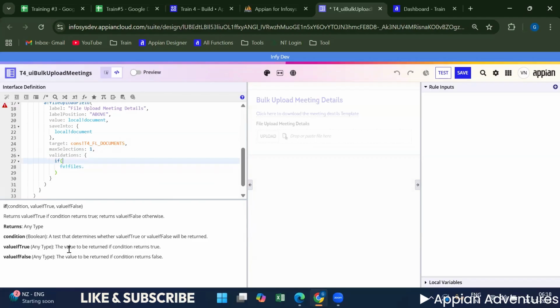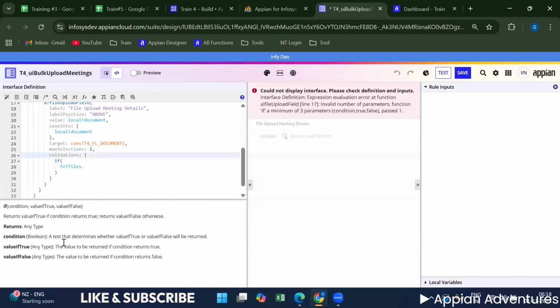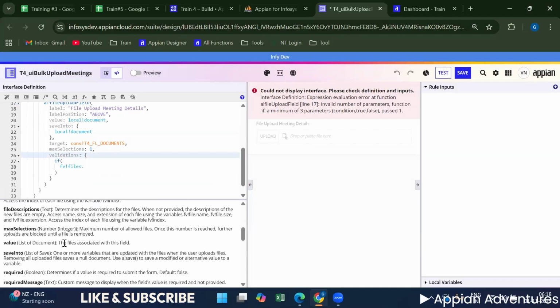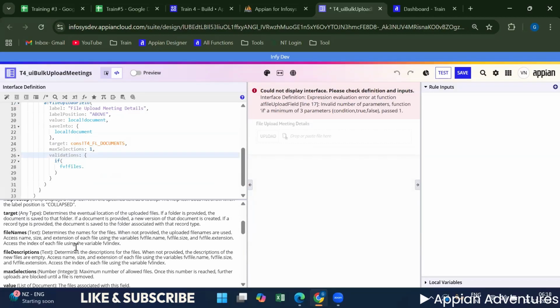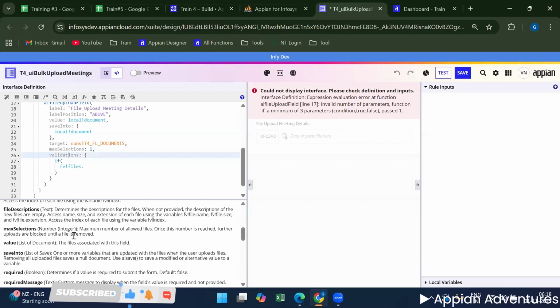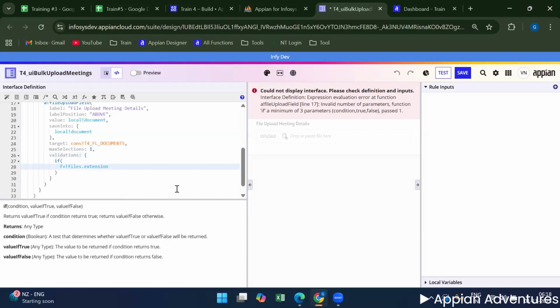So what are the extensions we have? I will show you in the validation. File names, file descriptions, file size. Here you can see. And in the FEBank files, we can get the file extensions, guys. By using FEBank files dot extension, you can get the